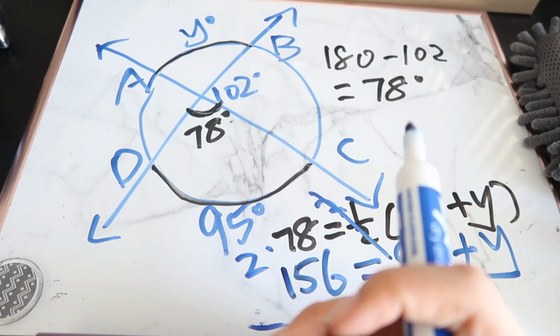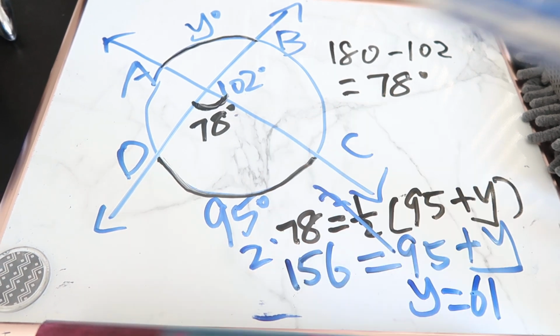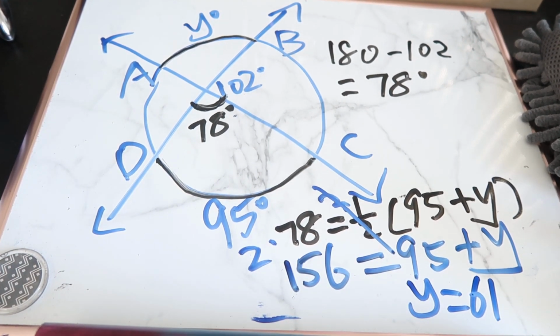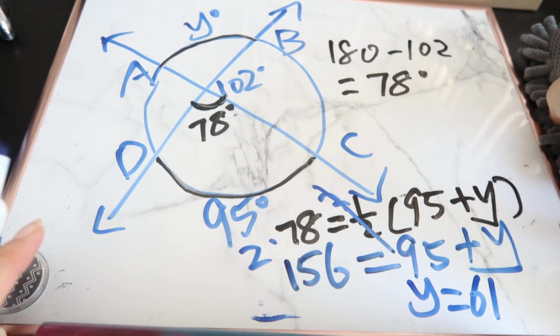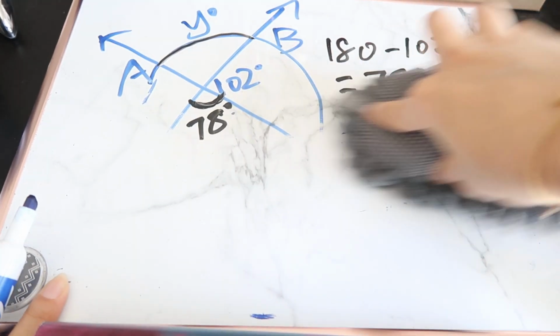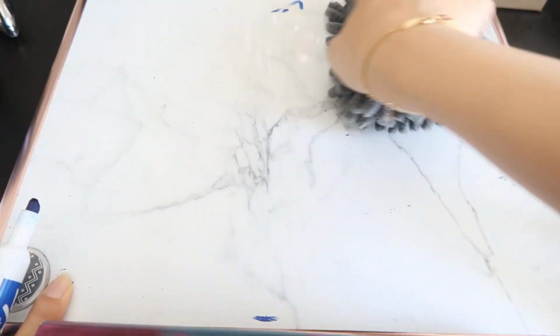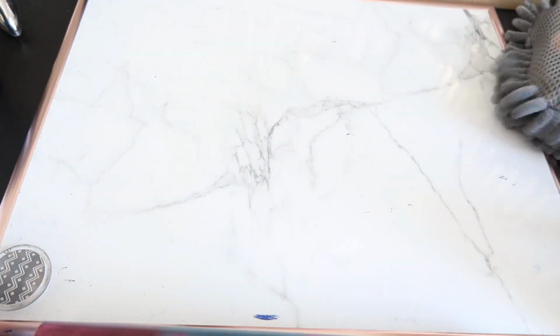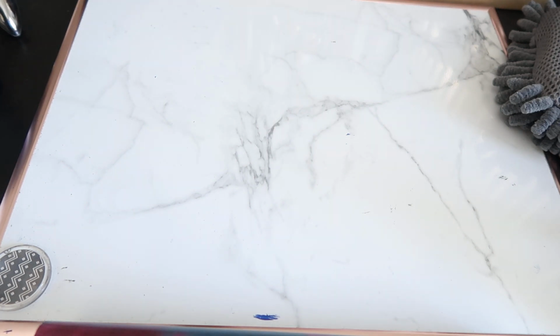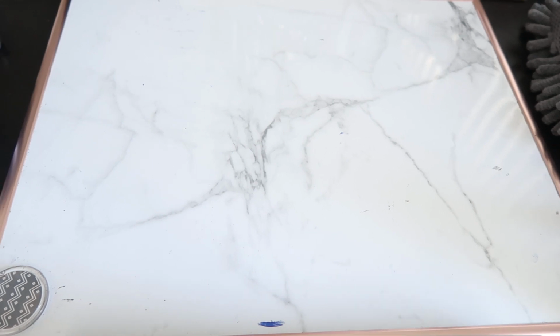So you see how sometimes you might need to figure out the other angle first and then plug into the equation to solve for the variable. Okay, moving on to the very last theorem of the day, and we'll be done with the section. So the last part of the theorem actually has